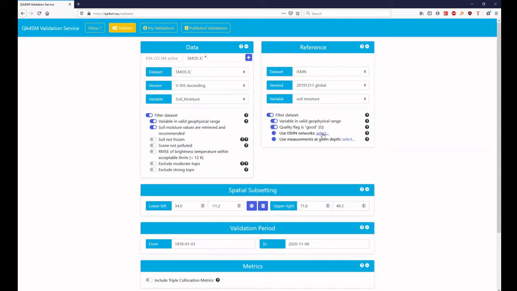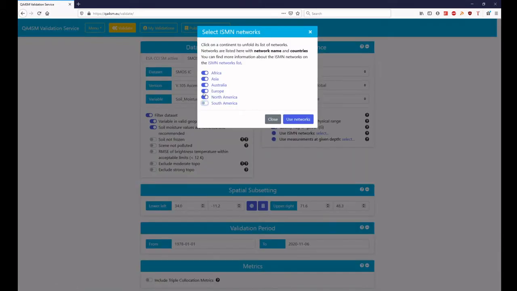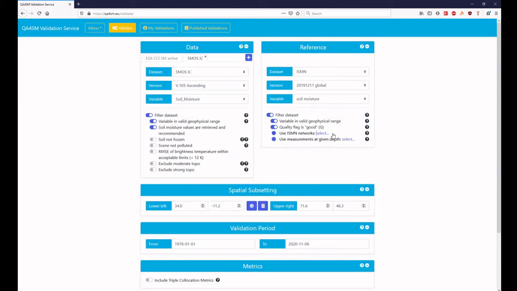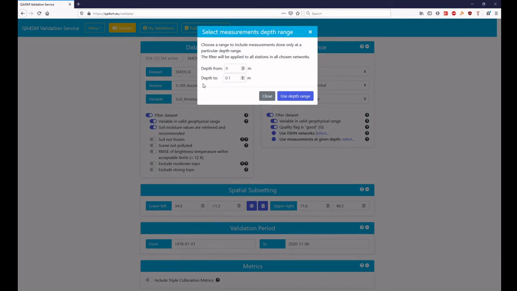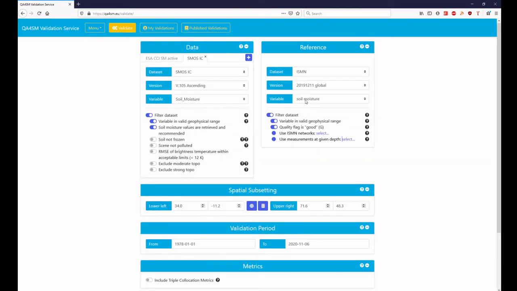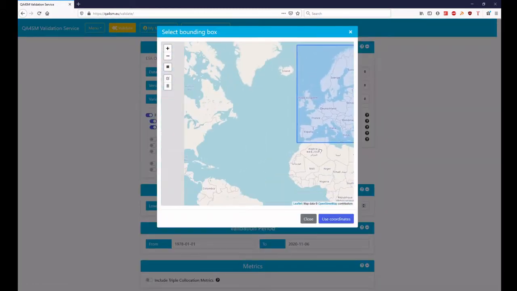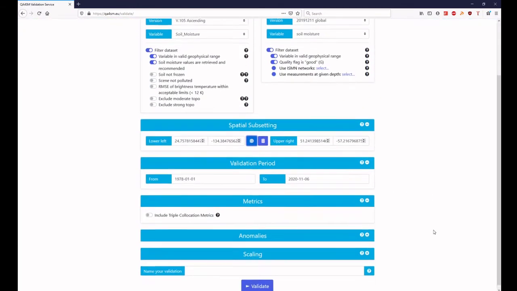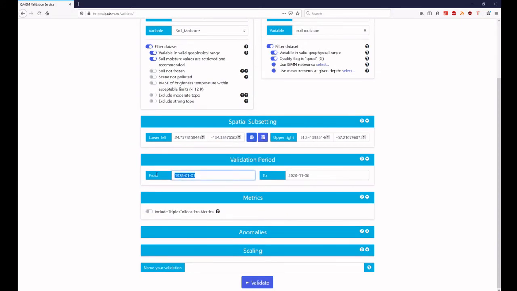only the recommended data. We can even limit the networks to certain continents or certain networks here, but we will mostly leave the default settings, and also we could limit the measurement depths, but we will keep 0 to 10 centimeters here. And as the networks that we have chosen are mostly in the United States, we will limit this validation area to the US here. We can now also define a validation period, like for example, all the data after 2010